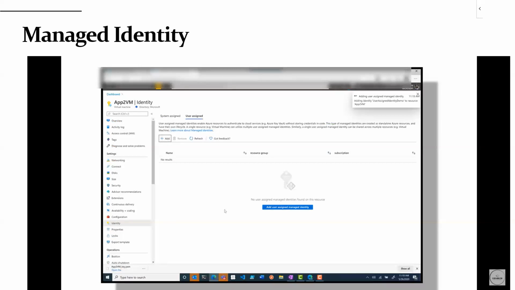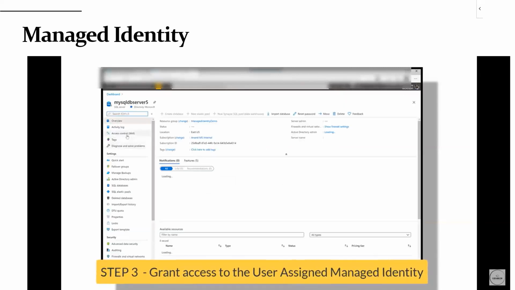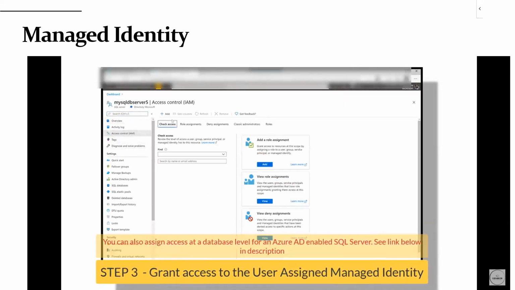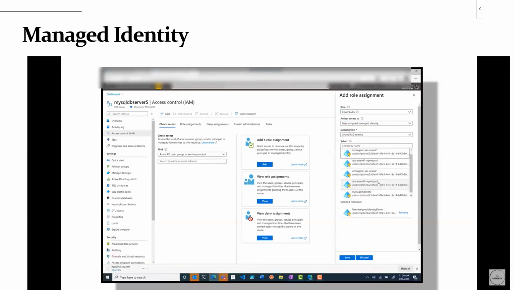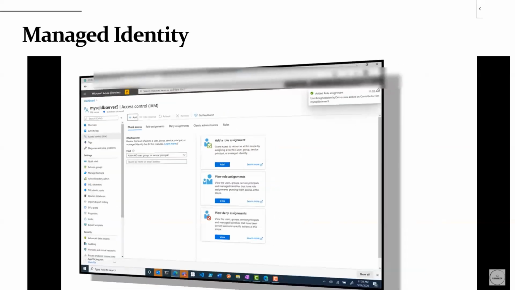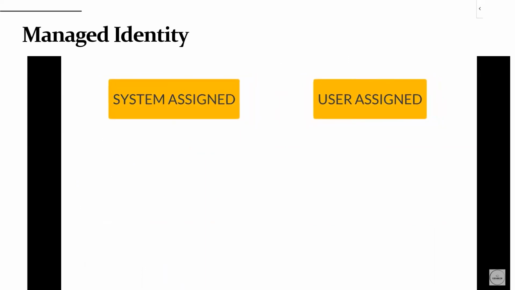Remember, we have only assigned the identity to an Azure resource. We still need to grant access to the identity. So let's jump back to the Azure SQL database. We click on identity and access management and grant the newly created user assigned managed identity access on the Azure SQL database. So to summarize, the difference between system assigned and user assigned: you create a system assigned managed